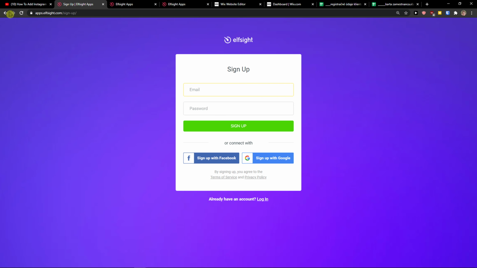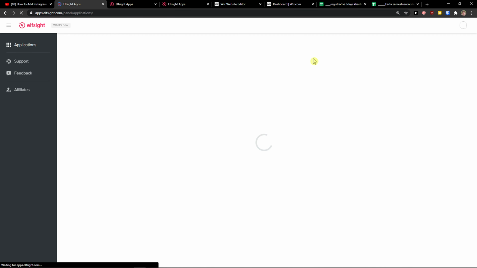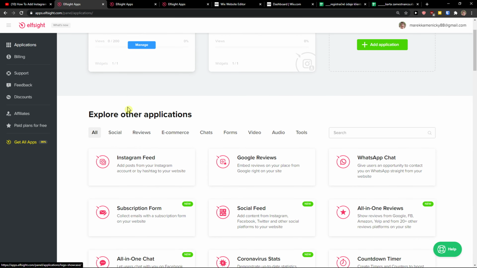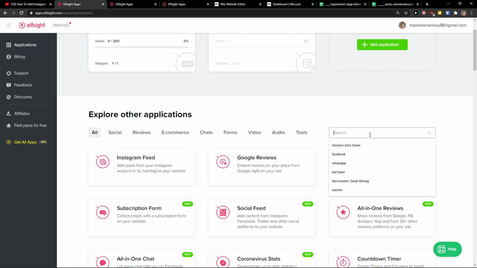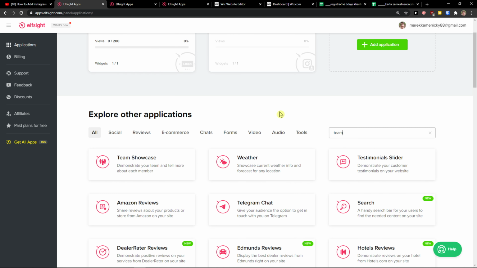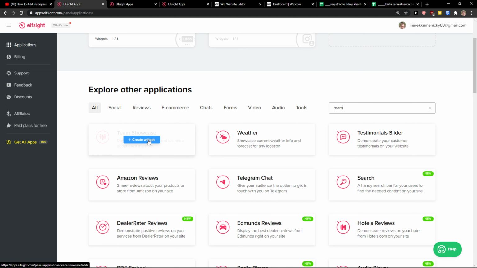Now we want to sign in with a Gmail, Facebook, or normal mail, and when you got it, click login. Right here in applications, you want to write search and you want to write theme, and right here you can see theme showcase. So let's create a widget,